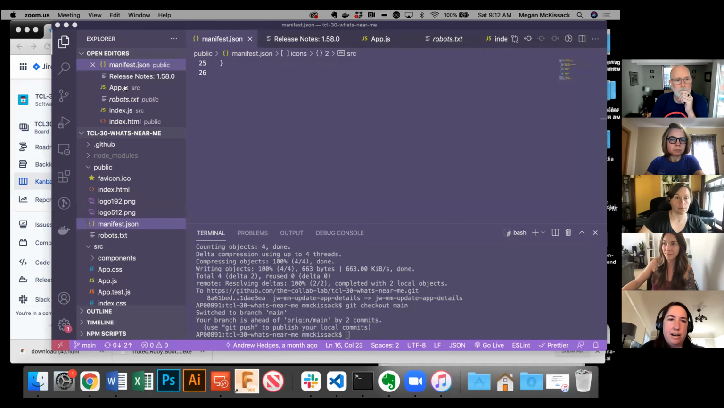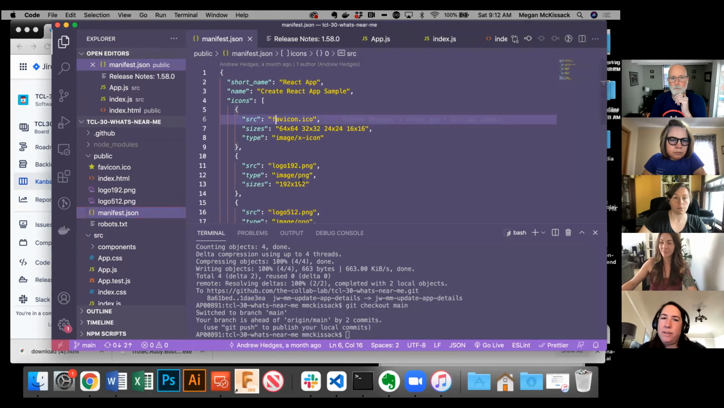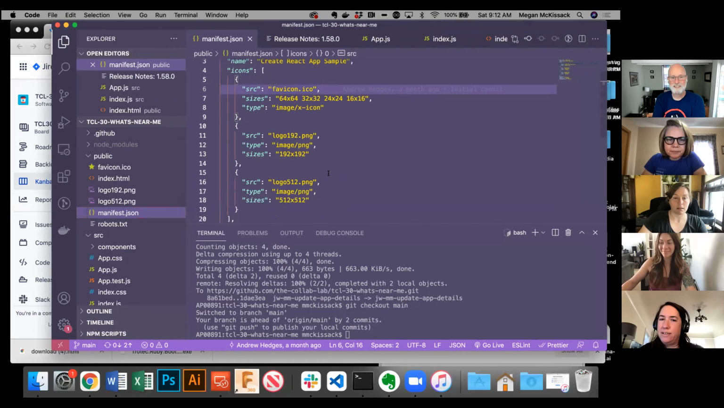So you can see the favicon. I don't even know if that's how you pronounce it. I've always just said it that way. I've never heard anyone say it. And the different logo sizes. Katya brought up a really interesting point about how many we should support. We kind of went with what the template had here for now, but maybe that's something we'd look at in the future. And then I'm really interested in the service worker